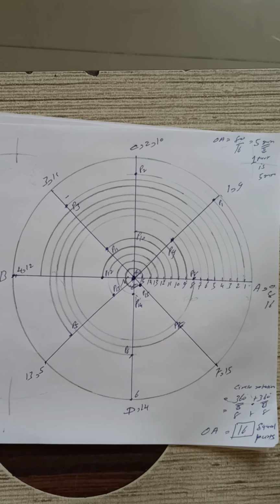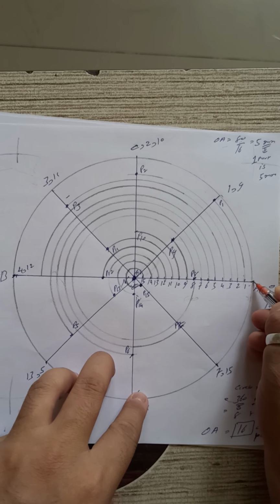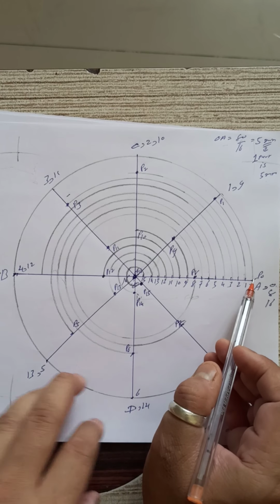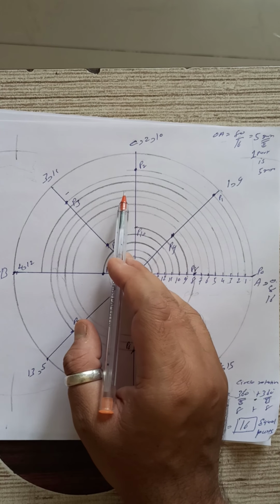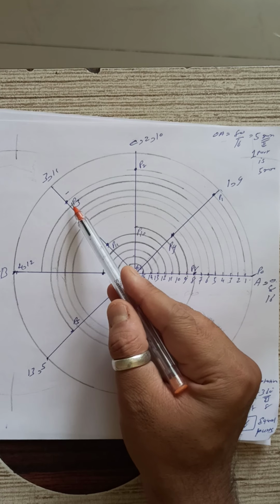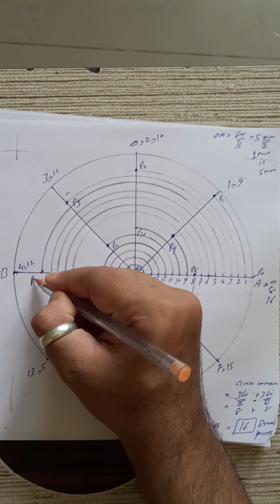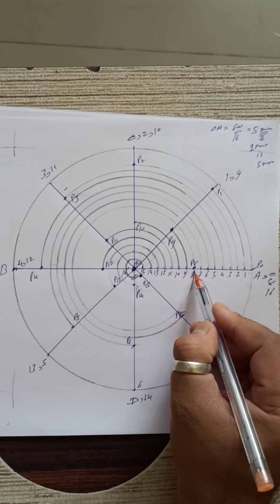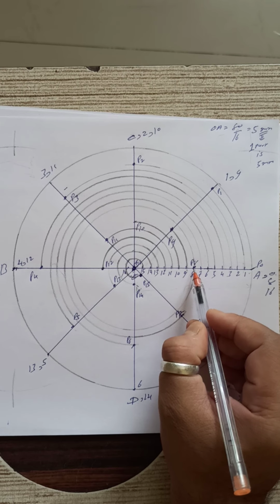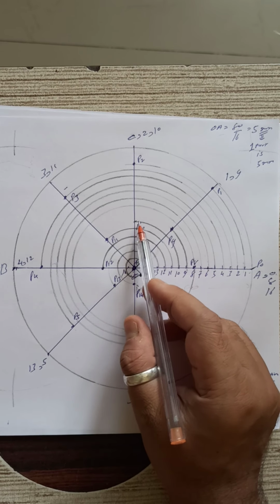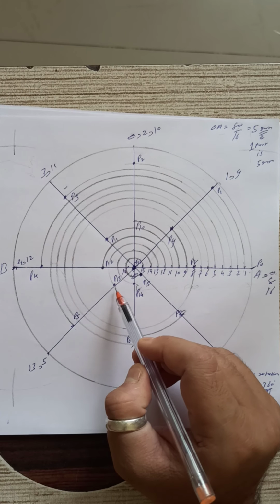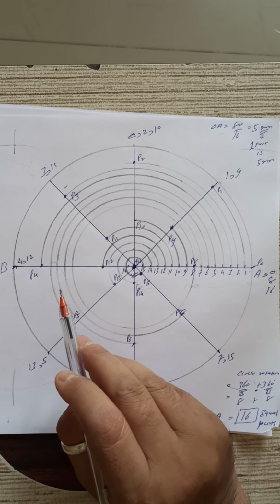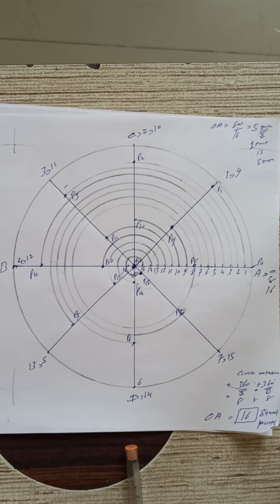Okay, and you know that we join the points, that was the starting point and that one is your end point. Okay, this is P0. So join P0 to P1, P1 to P2, P2 to P3, P3 to P4, P5, P6, P7 and P8. Okay, this is one rotation. Now for the second rotation, P8 to P9, P9 to P10, P10 to P11, P11 to P12, P12 to P13, P13 to P14, P14 to P15 and last 16. Okay, now we join it.